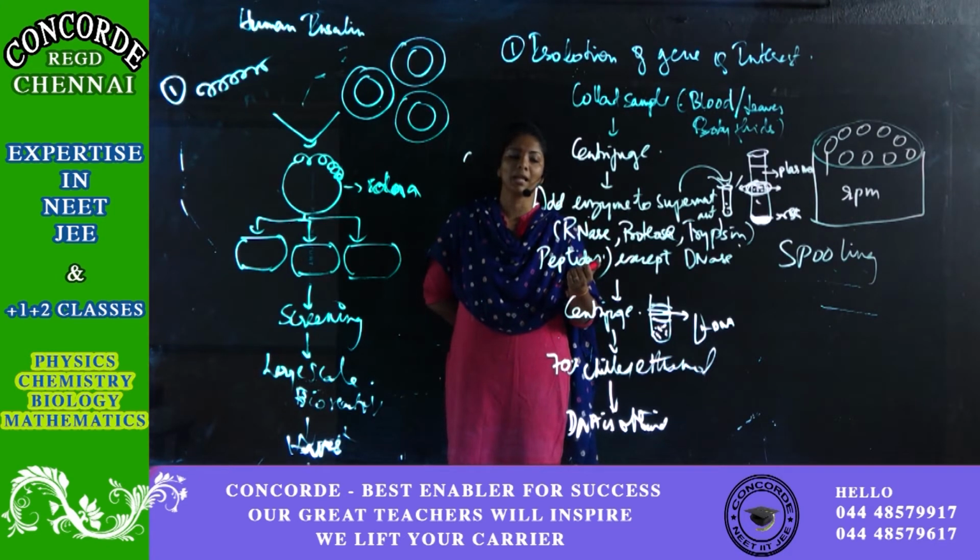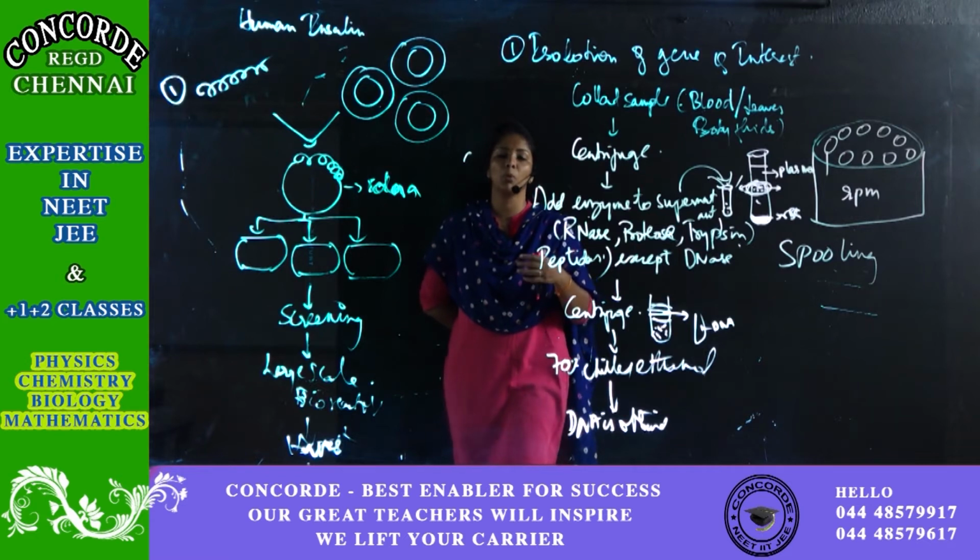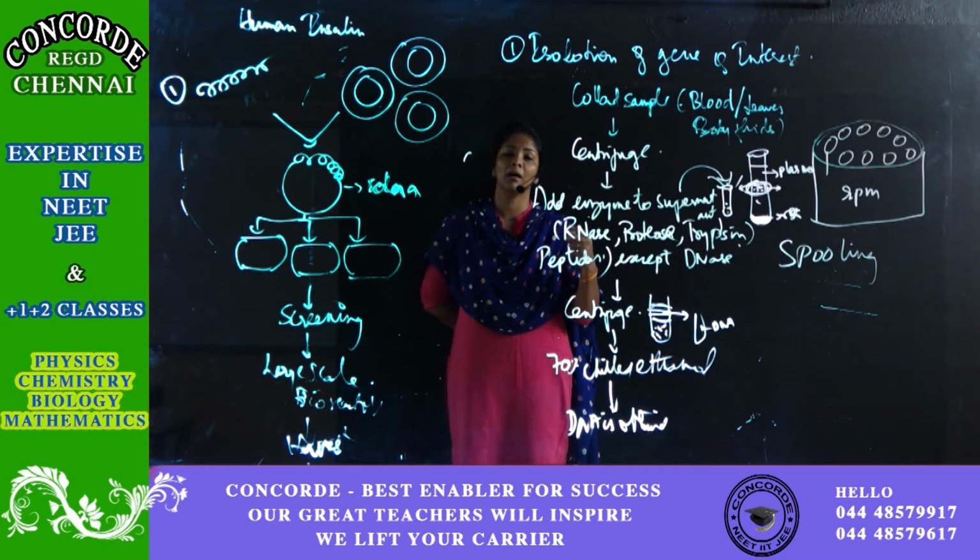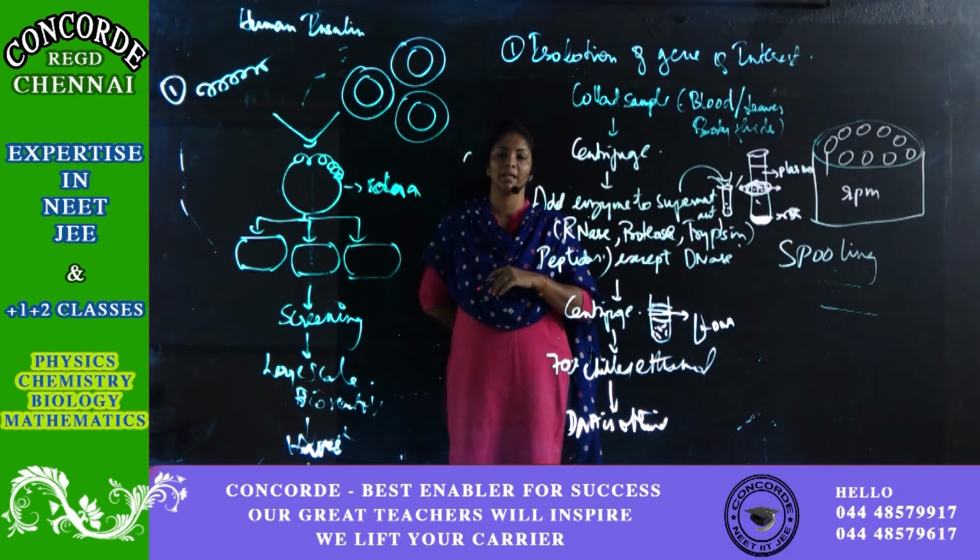To this collected content, I have to add 70% ethanol. Ethanol will remove water from the DNA, so slowly the DNA will start becoming visible like thread-like structures. When you keep rotating, it forms a nice ball. This process of forming DNA by adding ethanol is called spooling. So we got our DNA now. Next we have to get the gene of interest. Let's see how we are going to get it.